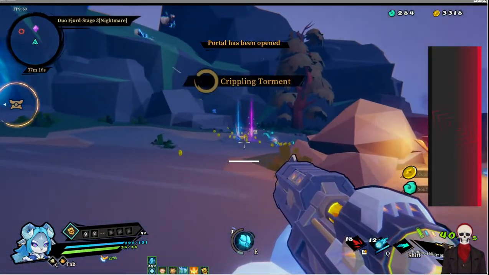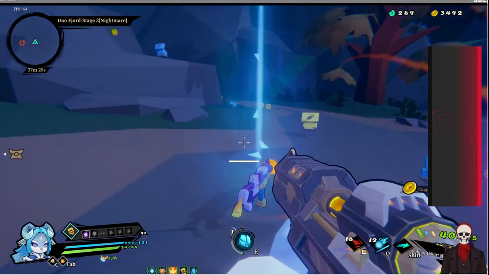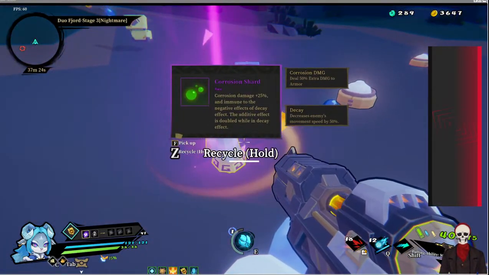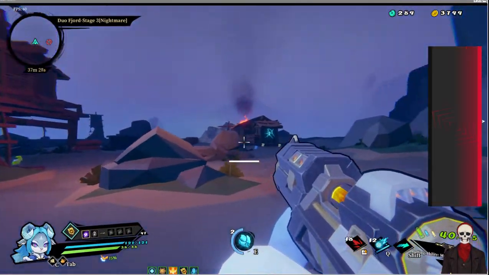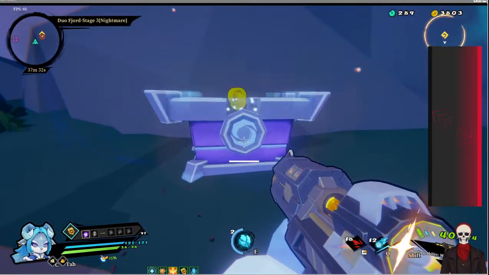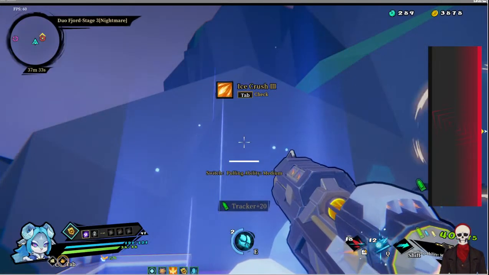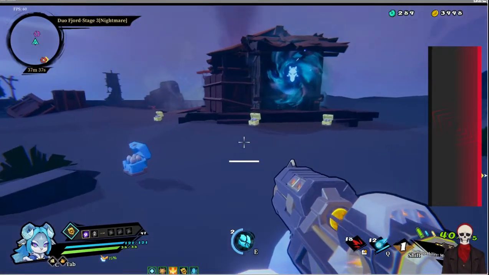Annihilation Monk. Alright. Let's see. I don't really need that. I'm not really doing any elemental damage at all, so corrosion specifically doesn't really stand out to me. Let's see. Alright. Max that out. And then...